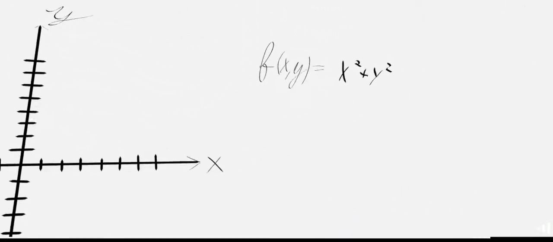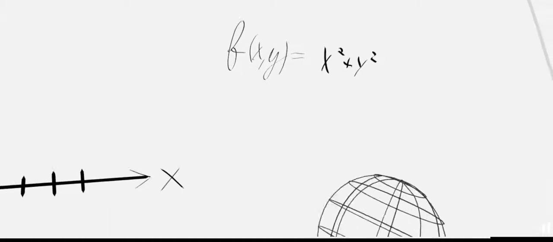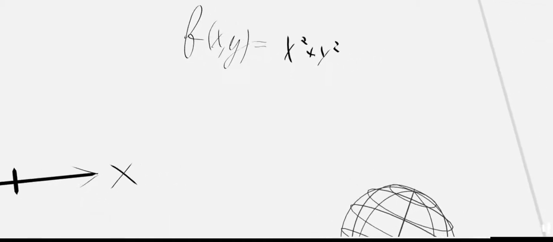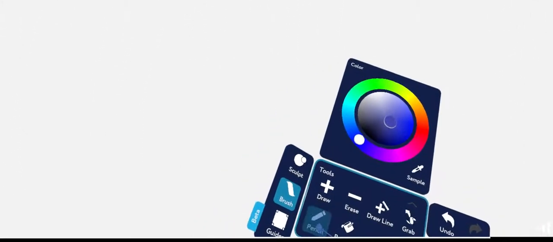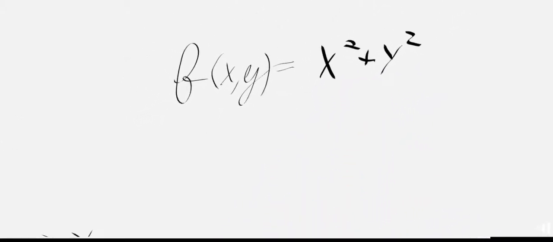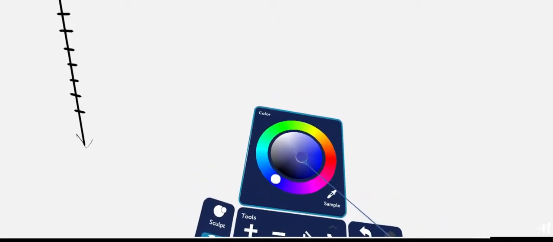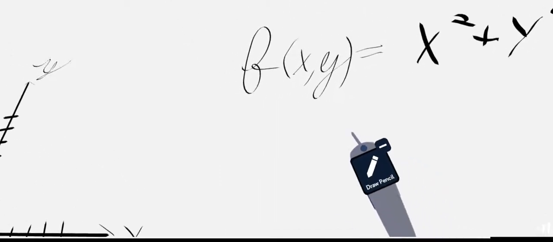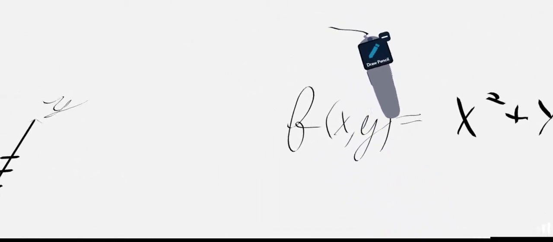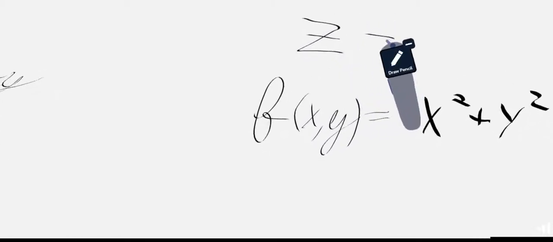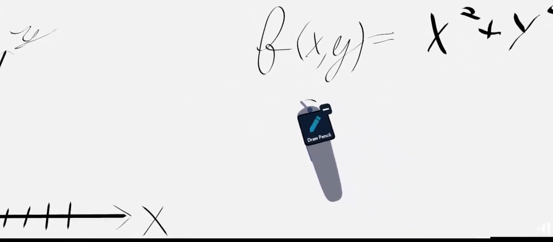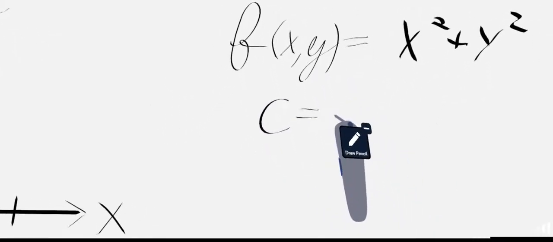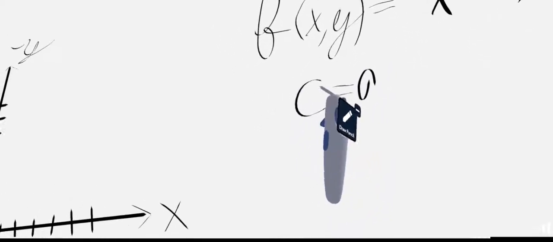When we have a function in terms of x squared plus y squared, it's actually really simple to do this kind of thing, because x squared plus y squared is the shape of a circle, and there are other shapes that we're familiar with, like ellipses, that are easy to graph that way. So we know that f of x and y is also known as z, but we can have that in terms of c. Let's say c equals 0,